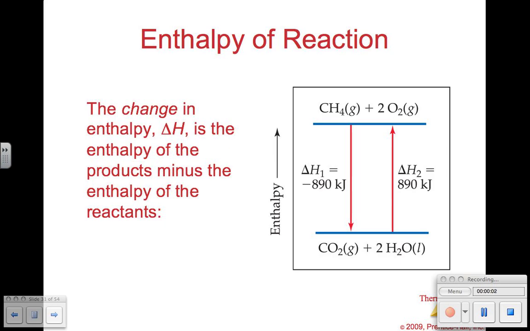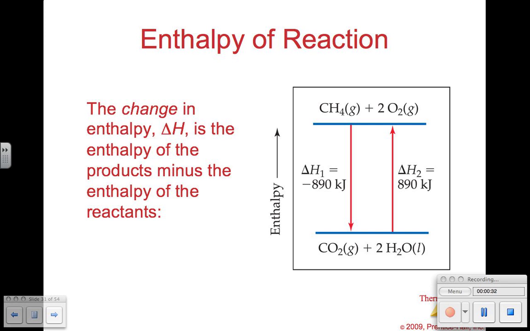All right. Now we're going to talk about enthalpy related to enthalpy actually measured in a reaction, and this will eventually lead us to calorimetry. So when enthalpy, which is delta H, changes, it tells us the enthalpy of the products minus the enthalpy of the reactants. So it's kind of the difference of the two, and depending on